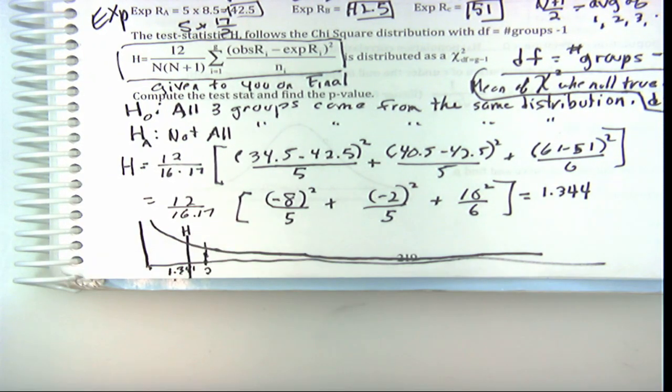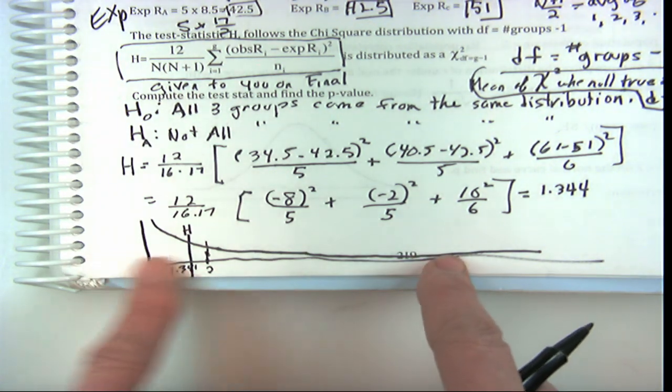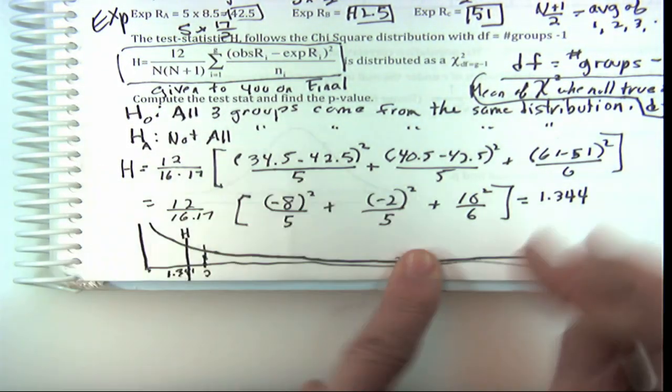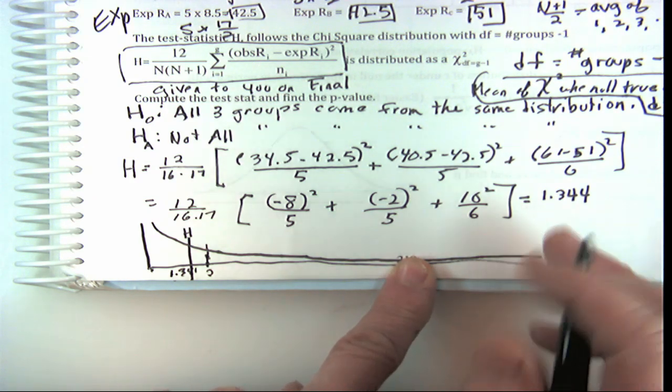I mean, we don't really have to do a test, but pretend, just to keep with the logic of how we usually do a test. If it was way out here, we'd say, that's pretty far from what we'd expect. These differences are going to give us a big statistic. We ask, how likely is it? So we compute the p-value. So then we'd have to compare,